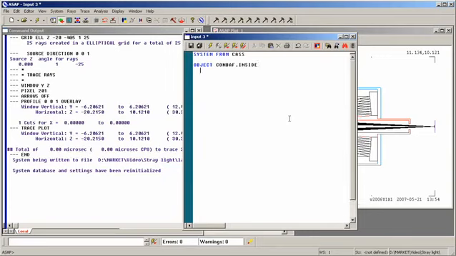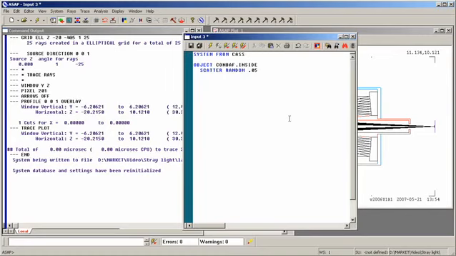I'm going to enter a very simple model. I'm going to assume that the scatter property is Lambertian, that is to say, the scatter characteristics, or BRDF, bidirectional reflectance distribution function, is constant as a function of incident and scatter angle. The easiest way to do that in ASAP is to enter the scatter command. Scatter random. I enter the diffuse reflectance, which for a diffuse black surface is typically around 5%, or 0.05, and